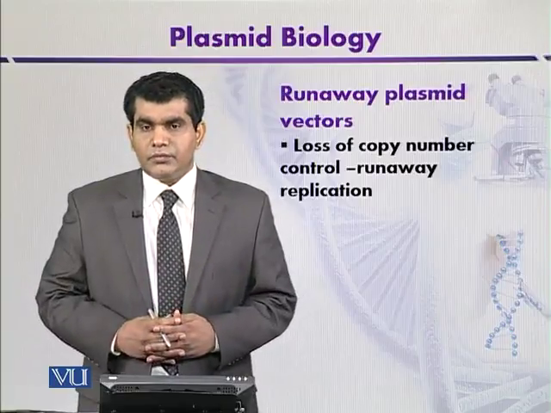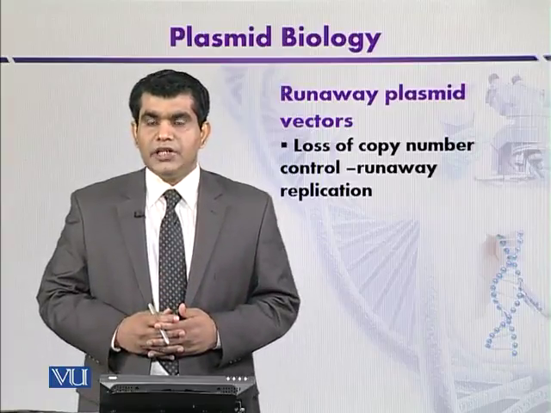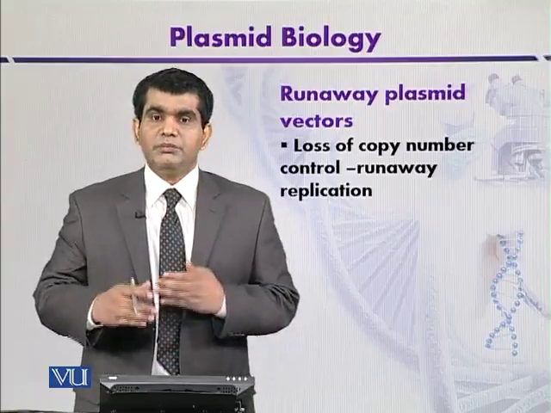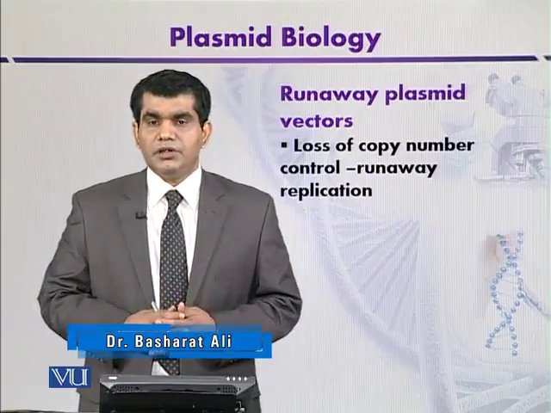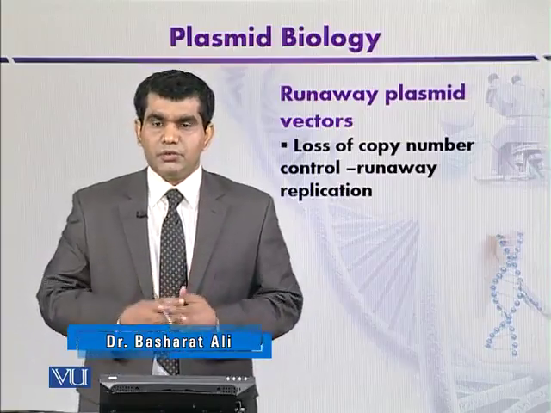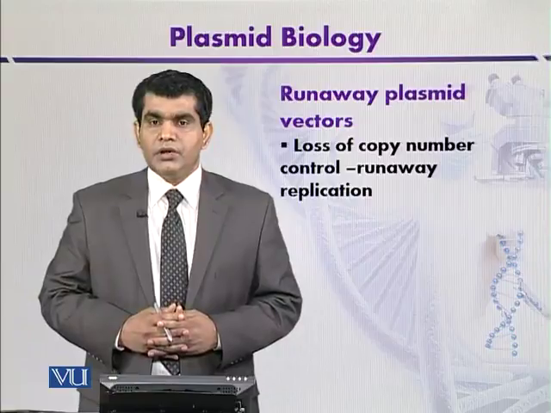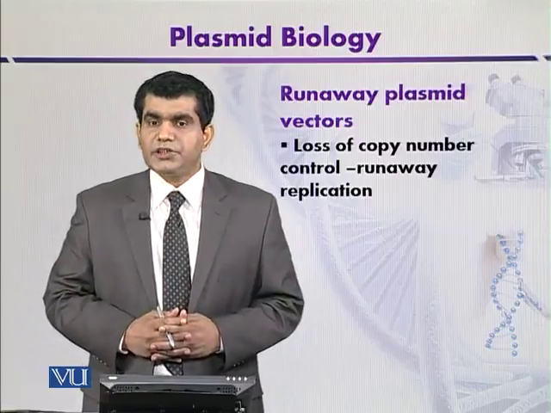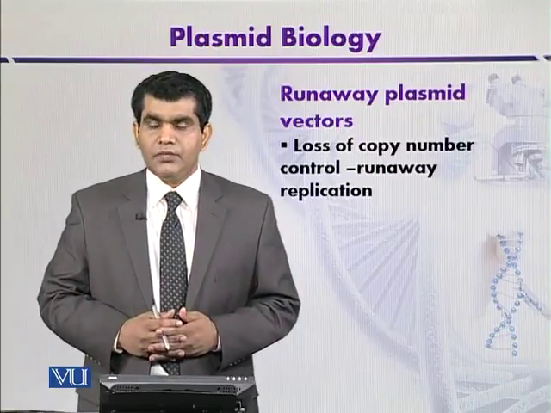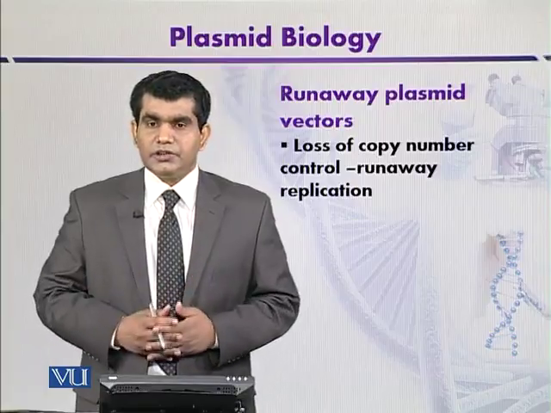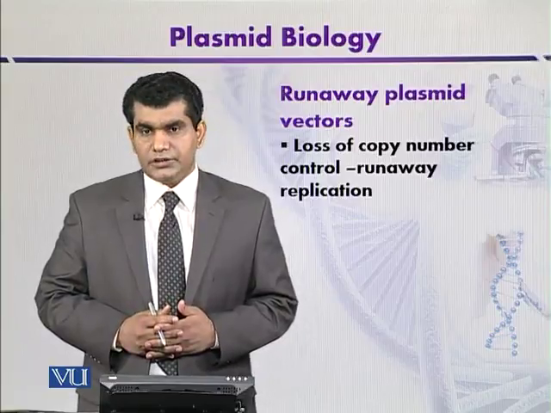For example, high copy number plasmids are mainly preferred in gene cloning because they will produce more copies of the clones of the target DNA, and in turn it will express more target proteins. So target proteins will also be produced in abundance. But this abundance of protein expression is not always desirable. The reason is that there are some proteins which, if they are produced in abundance, are lethal to the cells